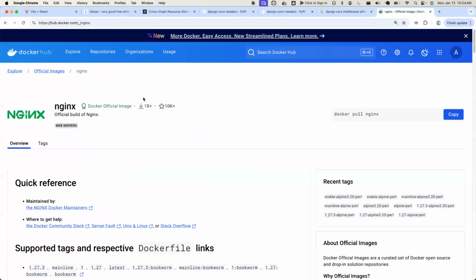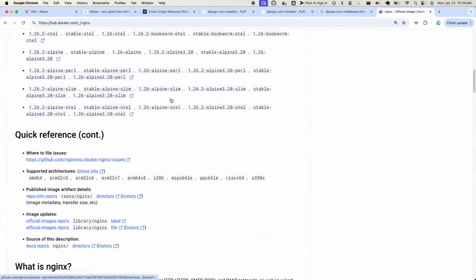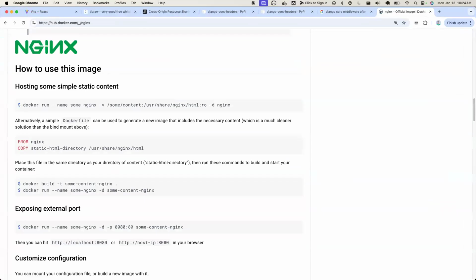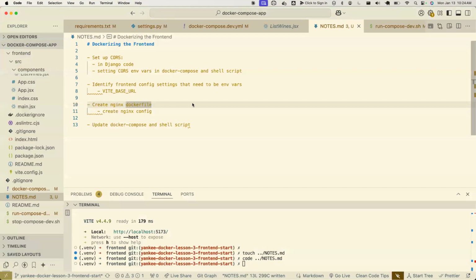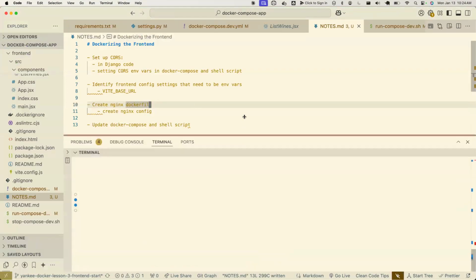And just as a reminder, Nginx is a web server for hosting HTML files, JavaScript files, CSS files. We can do volume mapping just like we did before. We'll have to do a little bit of port mapping. And we have to build our React app, right? So like our end goal here is